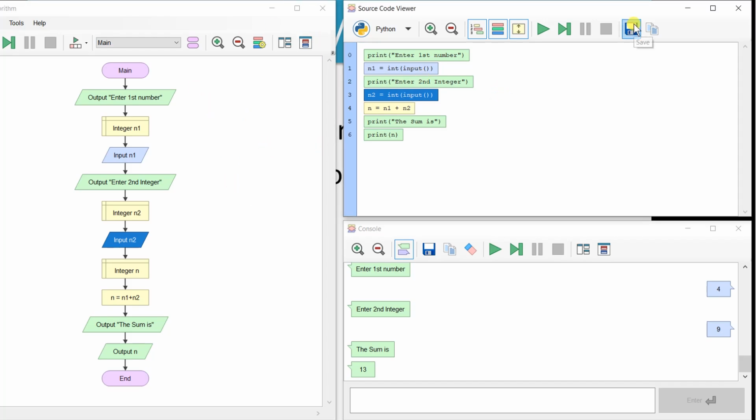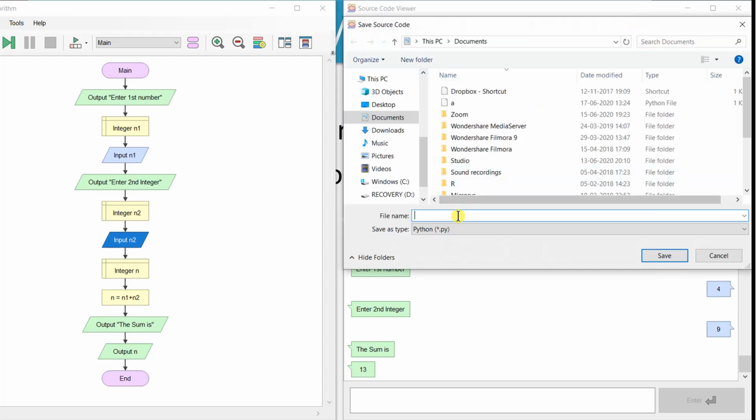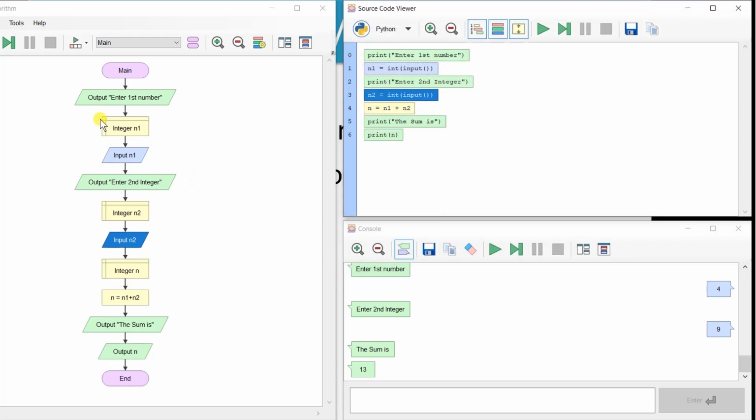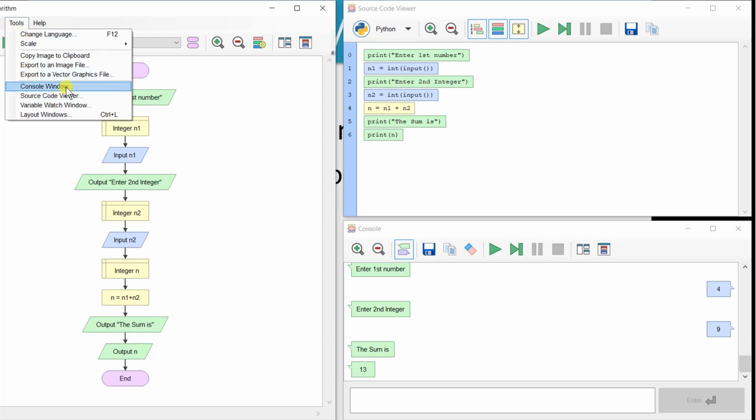If I want to save this code, I can save it in a .py file. Always it will be saved as a Python program, .py file. Let me save it, program name is sum, and it is there in my documents folder. Similarly for this code, you can go to tools and take a clip of the image and paste it anywhere you want.